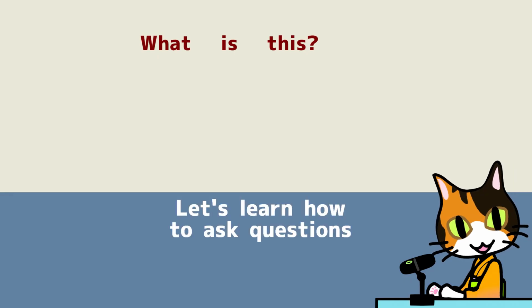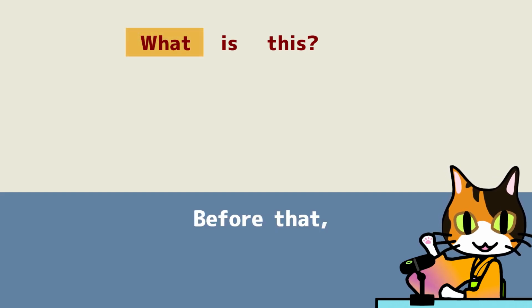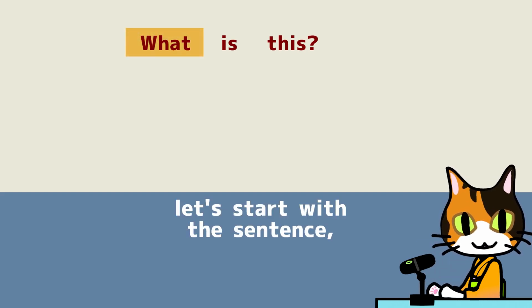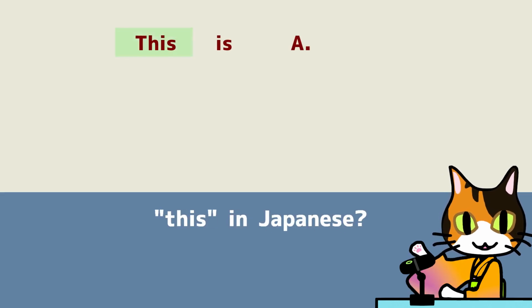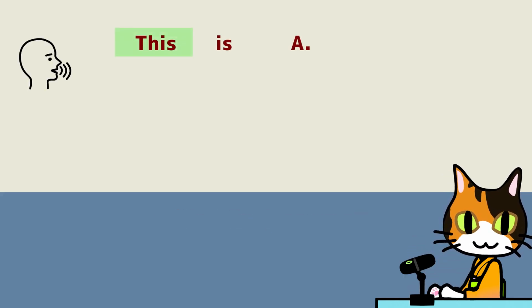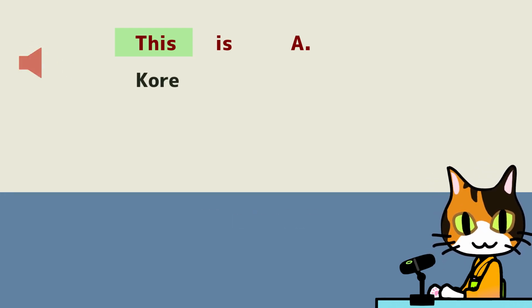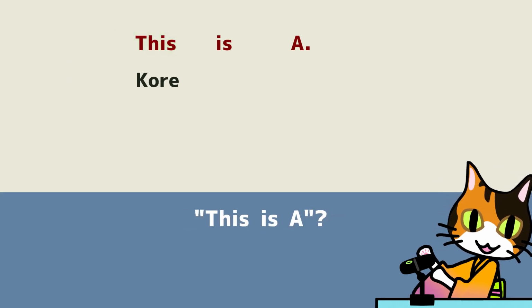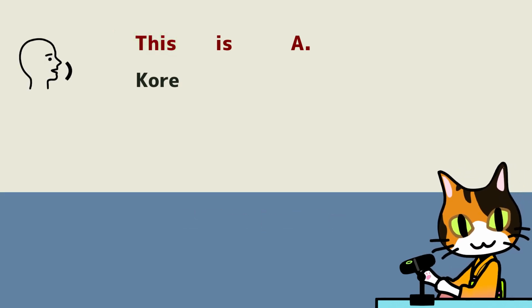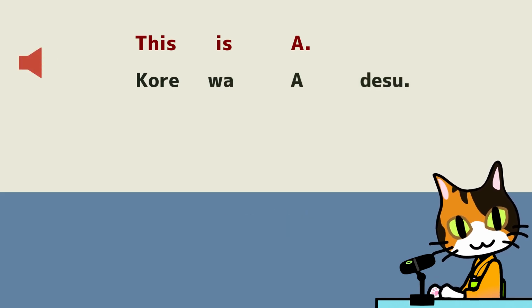Let's learn how to ask questions using the interrogative word, what. Before that, let's start with the sentence, this is a. How do you say this in Japanese? Wonderful. これ、 So can you say, this is a? Beautiful. これは A です。